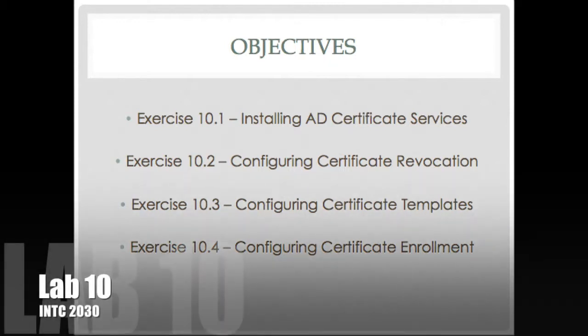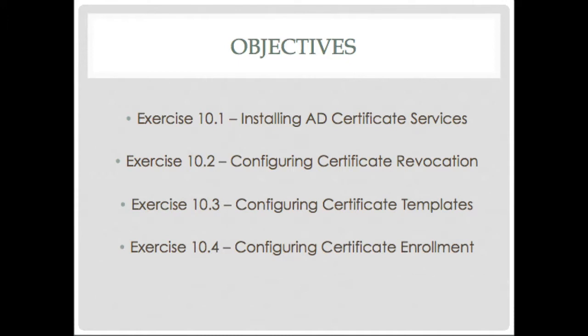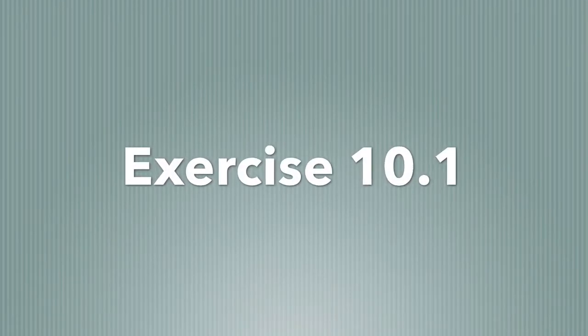In this video, I will be demonstrating exercise 10.1, installing Active Directory Certificate Services, exercise 10.2, configuring certificate revocation, exercise 10.3, configuring certificate templates, and exercise 10.4, configuring certificate enrollment. In exercise 10.1, we are going to deploy an enterprise root CA on a member server in our Active Directory